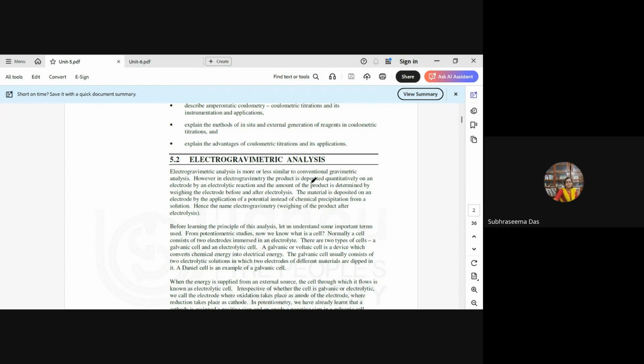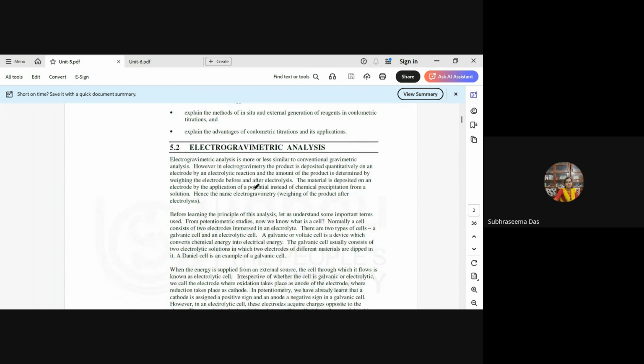So electrogravimetric analysis is similar to conventional gravimetric analysis. Gravimetric analysis means that we determine the weight of the substance before and after the reaction. Electrogravimetric means measuring the weight of our sample before and after the process of electrolysis. The material is deposited on an electrode by application of a potential instead of a chemical precipitation. Because the process of electrolysis is employed here, the whole process is termed